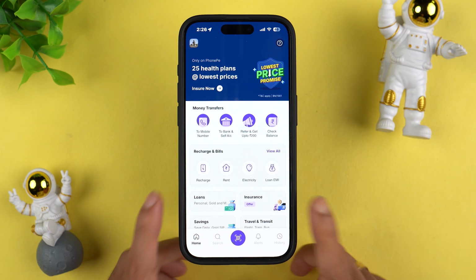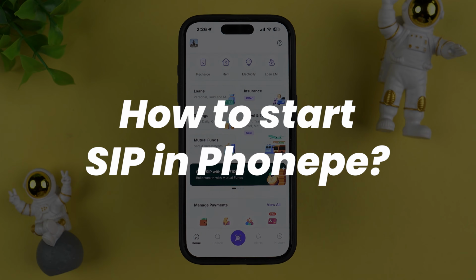If you're using PhonePe application and if you're wondering how to start SIP in PhonePe, then this video is for